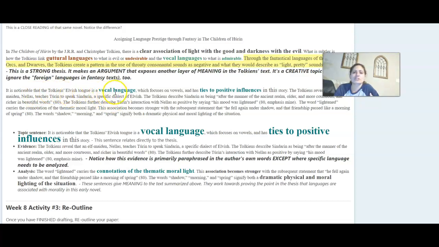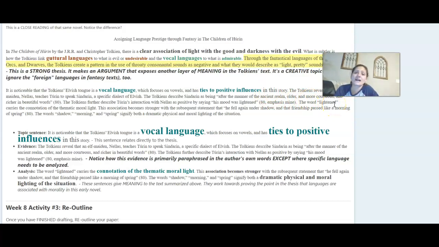It begins with this reference to the vocal language of Tolkien, which focuses on vowels. So it's defining what vocal languages mean, and it's tied to the positive. Does that relate to the thesis? Yes. And now, does it relate to the rest of the paragraph? Well, let's read through. Tolkien is talking about this elf teaching Turin to speak, and the language that he's using is richer and beautiful, and these interactions are positive for the character Turin. The word lightened, which is here